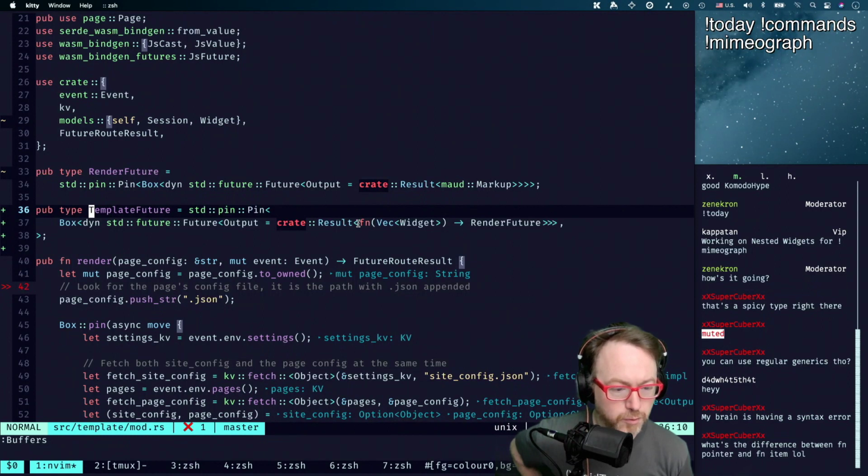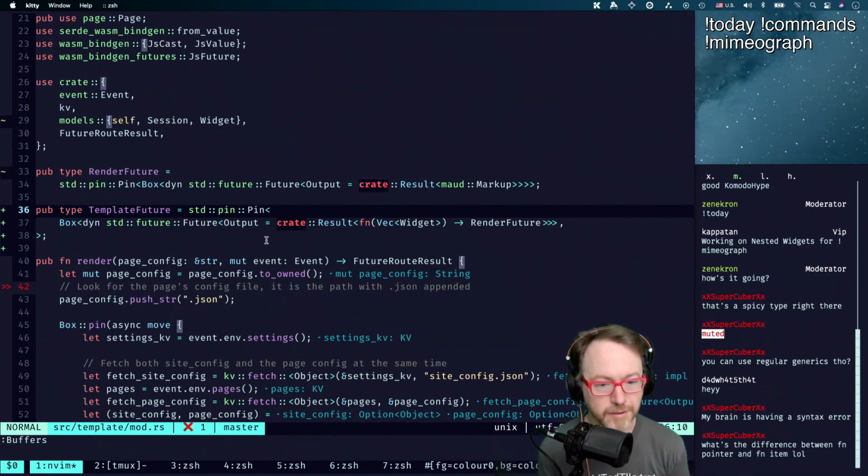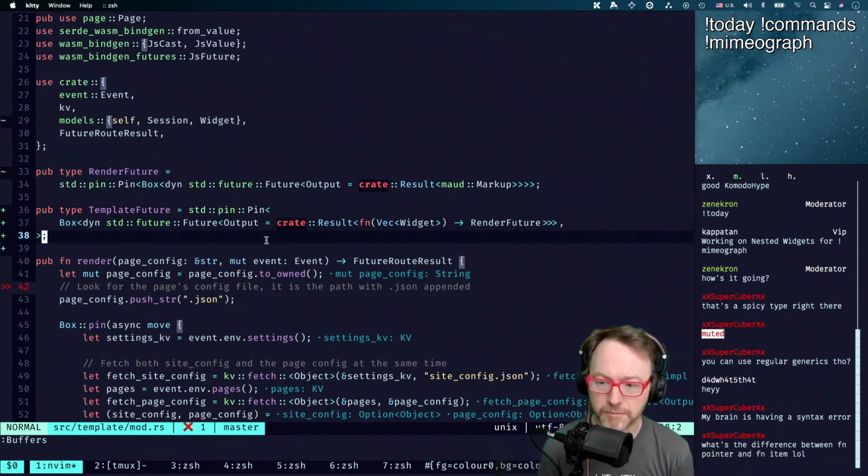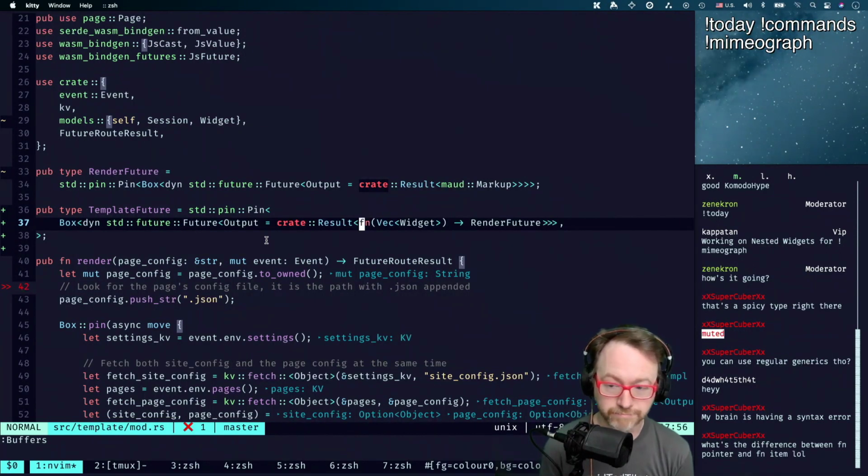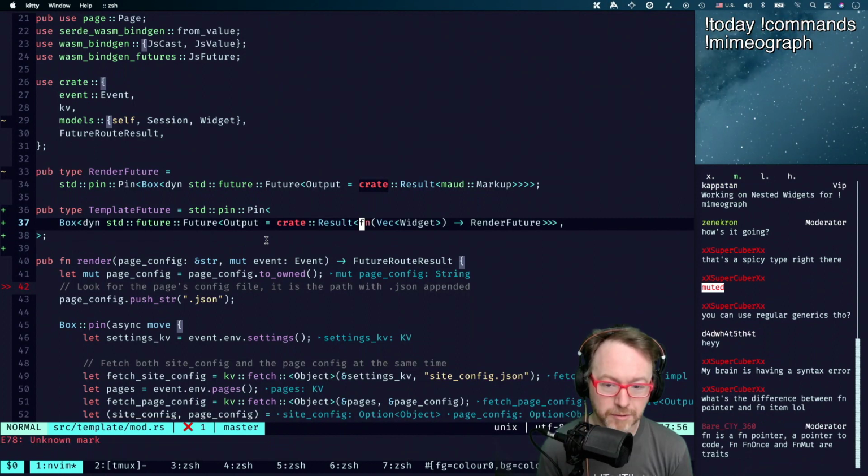What's the difference between a function pointer and function item? One I believe is the trait, and the other is like a pointer to a function. If you think C, right, pointer to a function is the memory address of where the function is, which is what we're going for here. You can also have this is something that returns, let's see, a box function. In which case, if you returned a closure or something like that, a closure implements the Fn trait. So if we made that a capital F here,